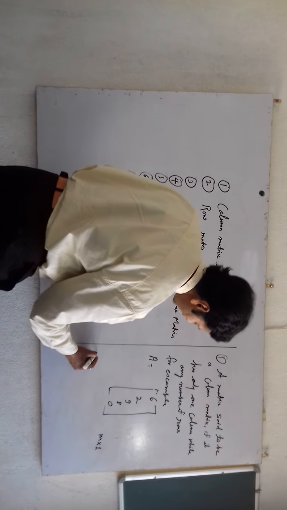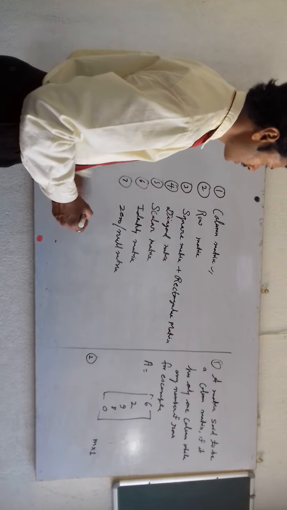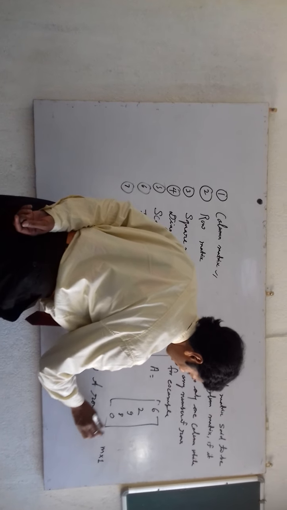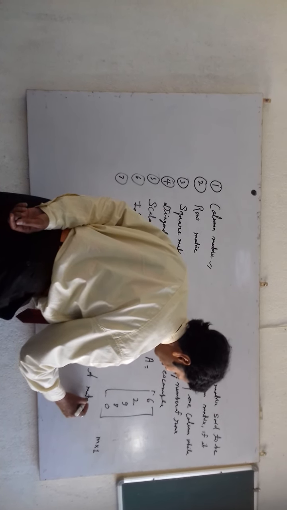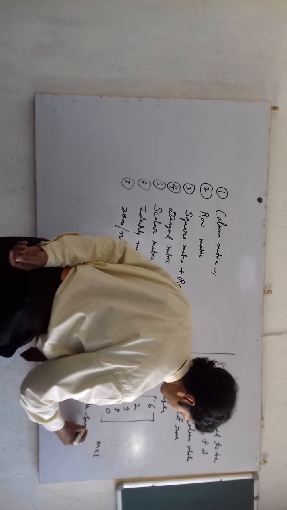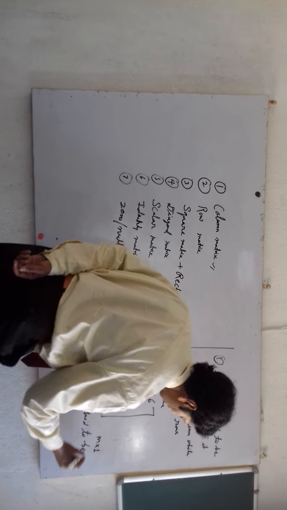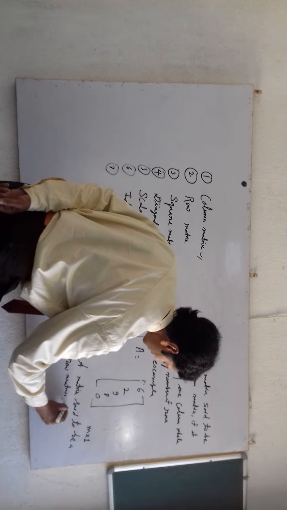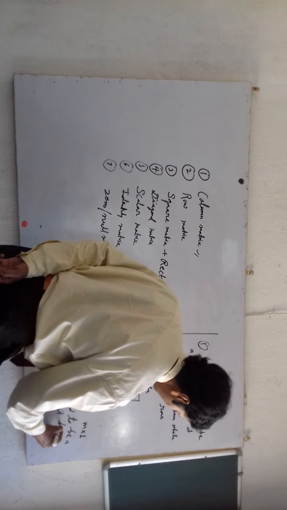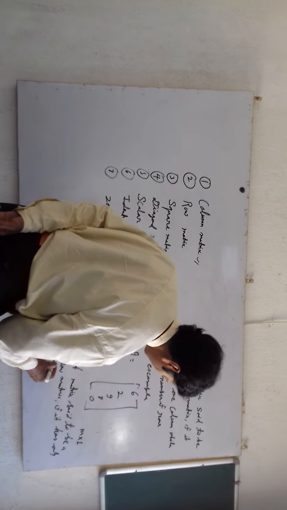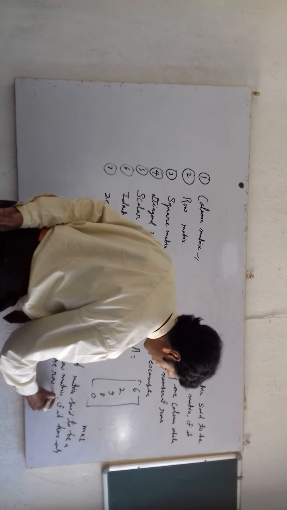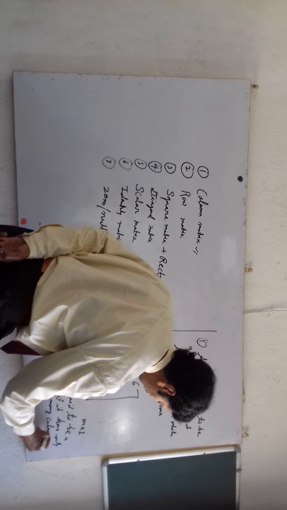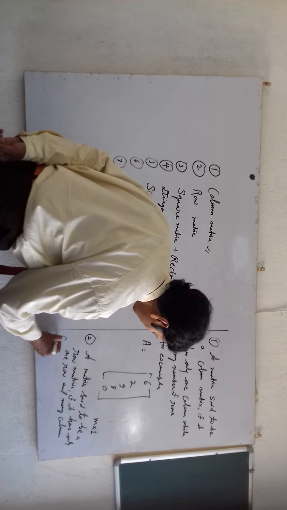And let's know the second type of matrix, called the row matrix. A matrix is said to be a row matrix if it has only one row and many columns. For example,